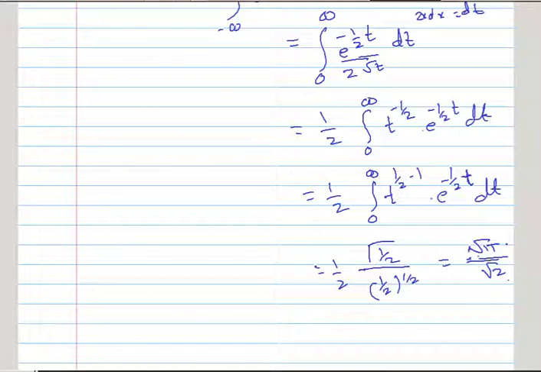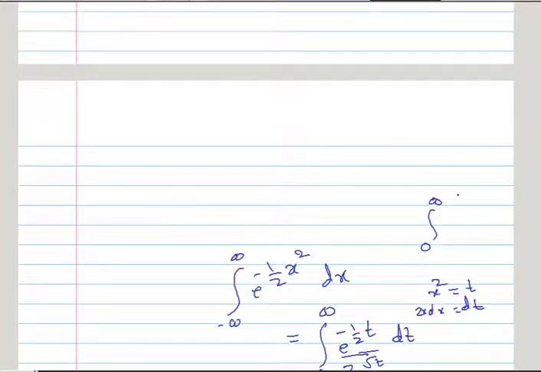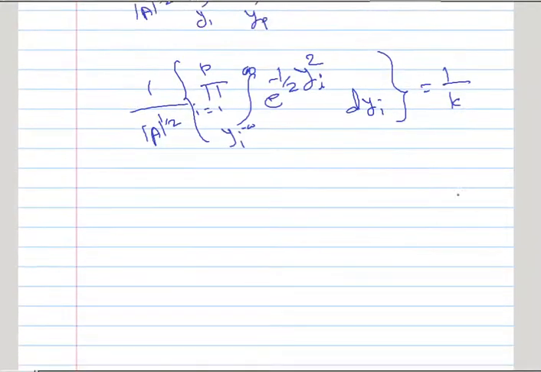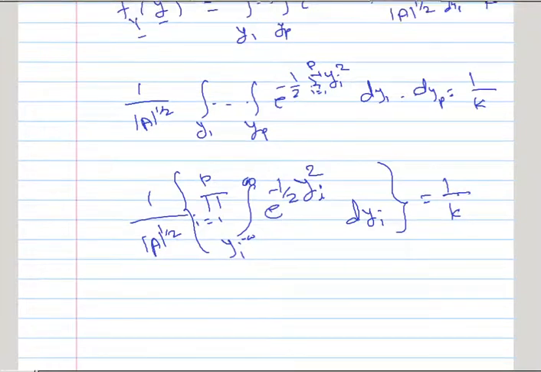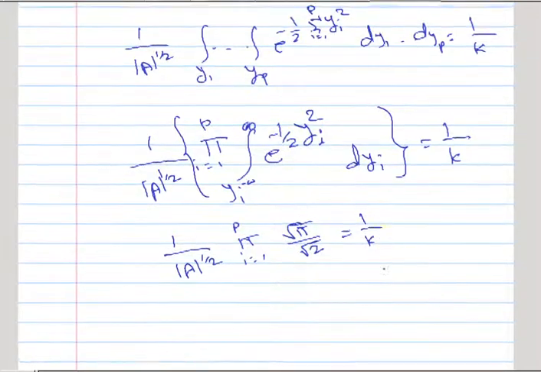So accordingly the quantities will be derived. This expression will be root pi upon root 2, or you can write it as root pi upon 2. So this is a standard quantity. Every time you don't need to find out that quantity, you can directly put that quantity here. So it will be 1 upon determinant of A raised to 1 half into product from 1 to p. This expression, as we have seen now, is root pi upon root 2.